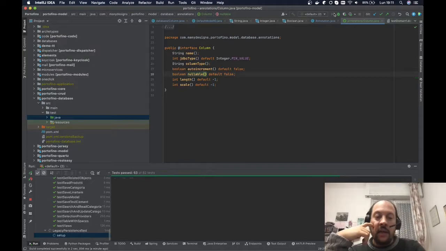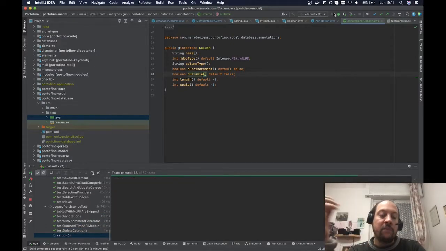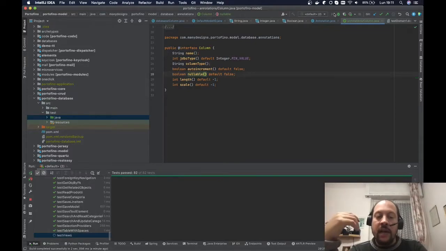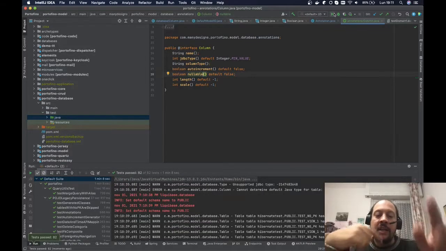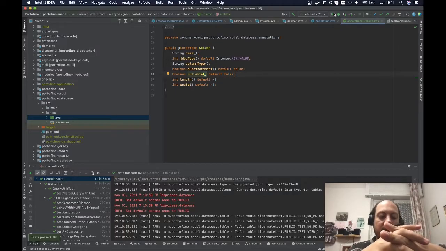I think Portofino being based on the model, which can be modified at runtime on the fly, and the application reflects that, still today is something that makes Portofino different from most of the competition. The competition has changed over the years, and Portofino has changed too. And nowadays we see a return of